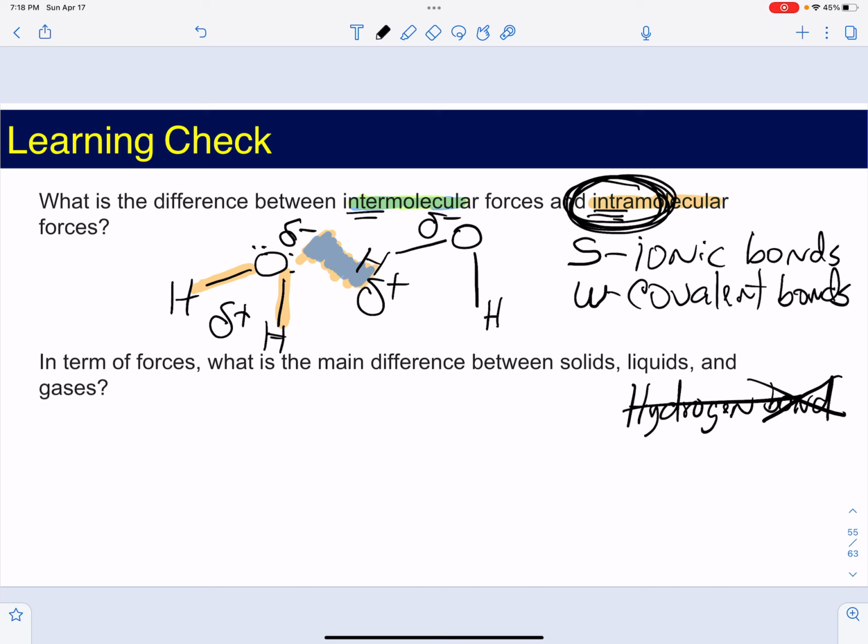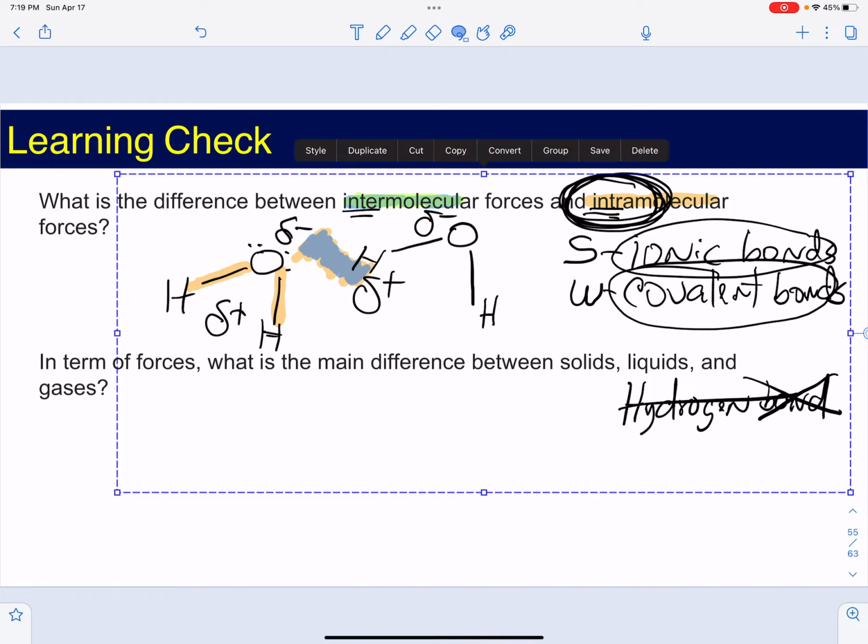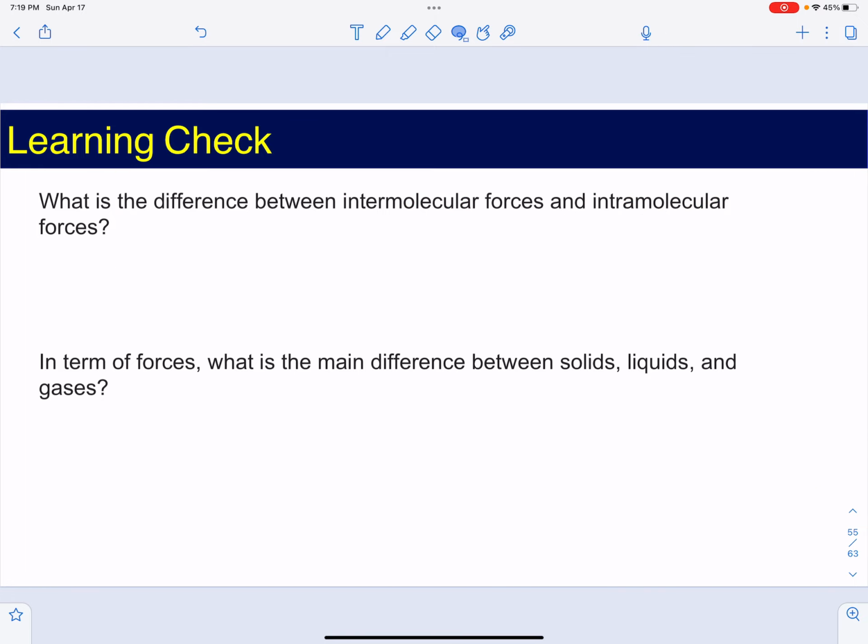The strongest of the intermolecular forces, the ion dipole, does not compare in strength with these intramolecular forces. These intramolecular forces are way up there in their own league. The intermolecular forces are important forces, but they're weak compared to the intramolecular forces. So now that we have that distinction made, because it's going to be important to understand the solids,